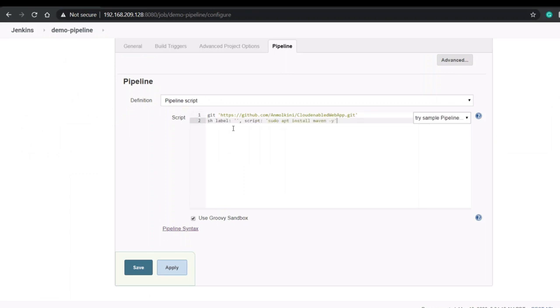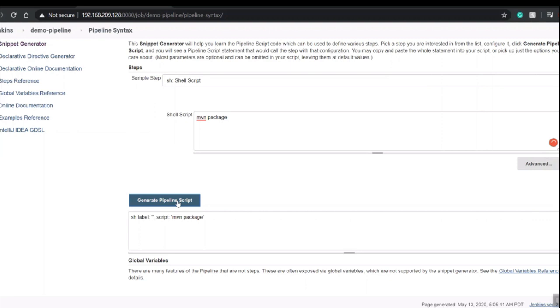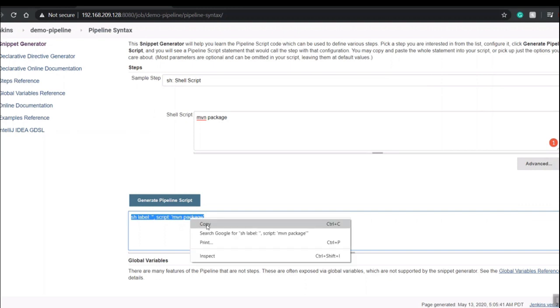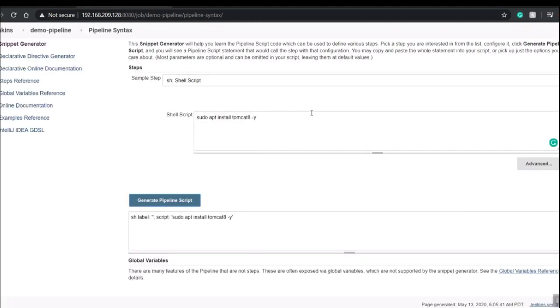Once it's done, I'll again come back to pipeline syntax. I have to compile my Maven as mvn compile. So I'll click on generate pipeline script. I have to copy the script. Then I'll go to pipeline and paste it. Once I paste it, I'll again go back to my pipeline script, and this time I have to write the code for installing Tomcat, that is sudo apt install tomcat, and again I'll generate it.